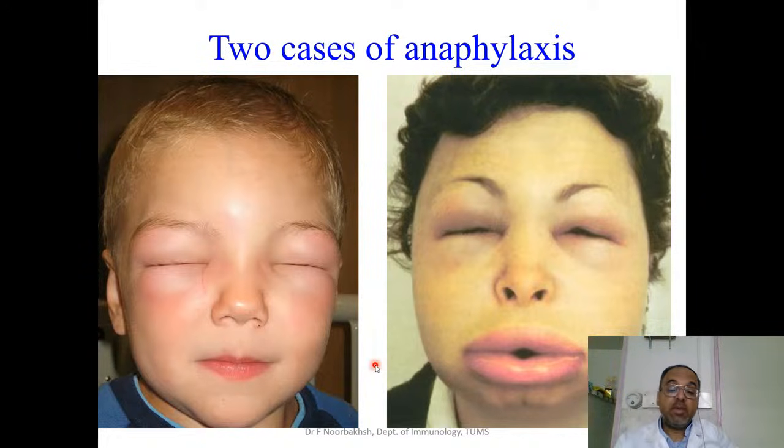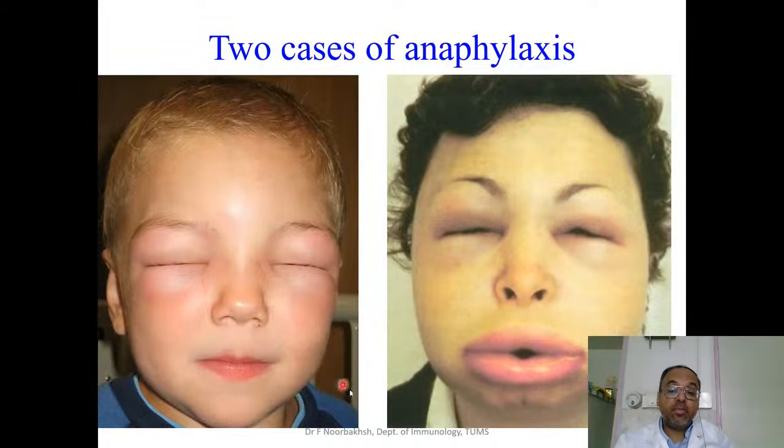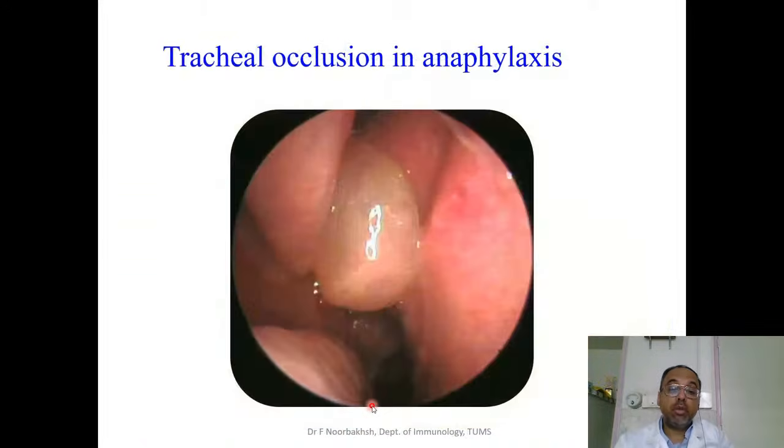If the same edema together with muscle contraction happens in the tracheal region, you might have tracheal occlusion. And this is an element of anaphylaxis. Basically, anaphylaxis is dangerous for one of these two reasons, either the problem in breathing, or